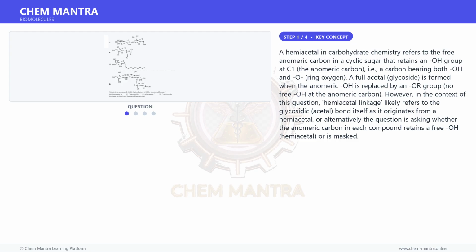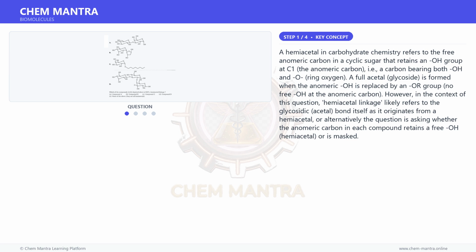A hemiacetal in carbohydrate chemistry refers to the free anomeric carbon in a cyclic sugar that retains an OH group at C1, the anomeric carbon, i.e., a carbon bearing both an OH and the ring oxygen. A full acetal glycoside is formed when the anomeric OH is replaced by an OR group, no free OH at